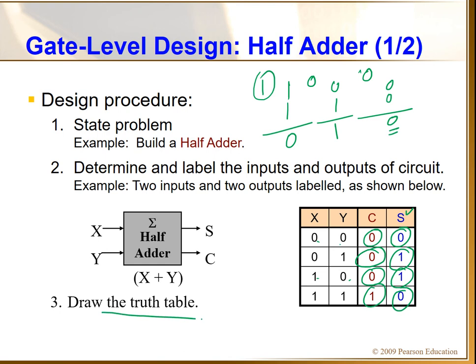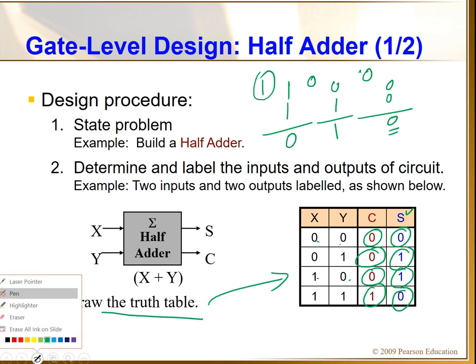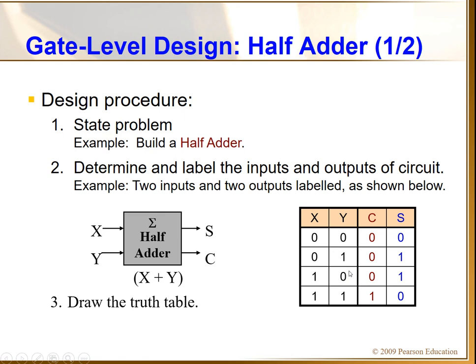Okay. So the next thing is draw the truth table. Once you get the truth table, what our target is implementation of half adder. So once you get the truth table, the next step is derive the Boolean logic expression from the truth table. For example, if you want to write the Boolean logic for this sum, S: wherever you are getting high, you will be focusing on those inputs. So 1, it means it will be equal to X bar Y, and this is 1, this will be equal to X Y bar.